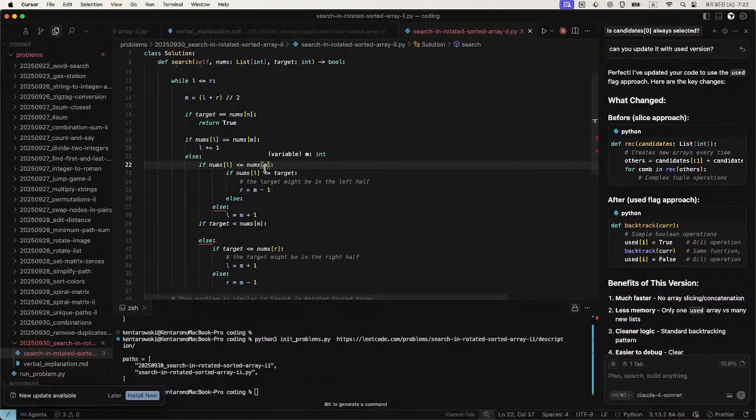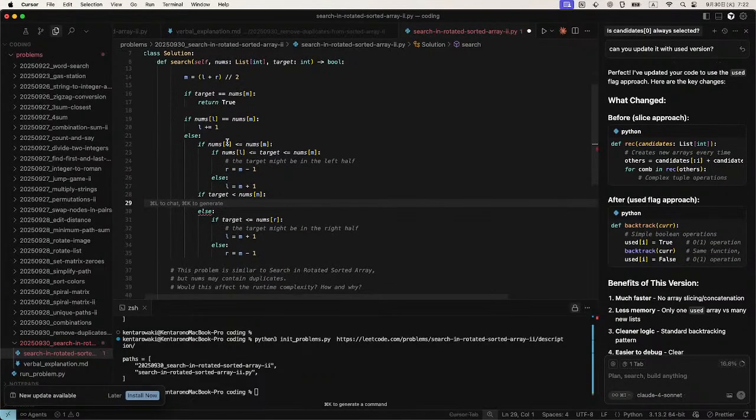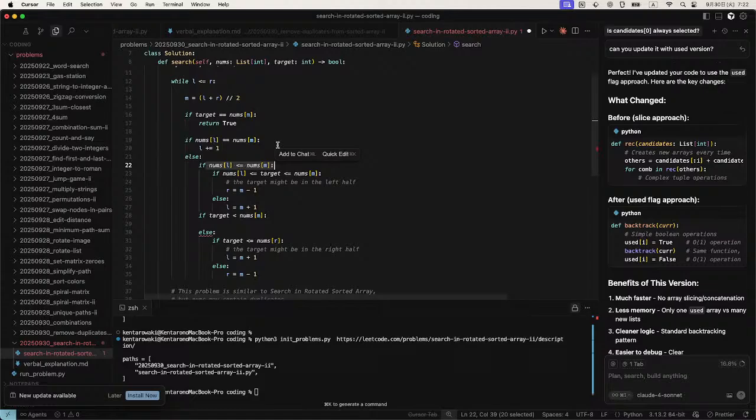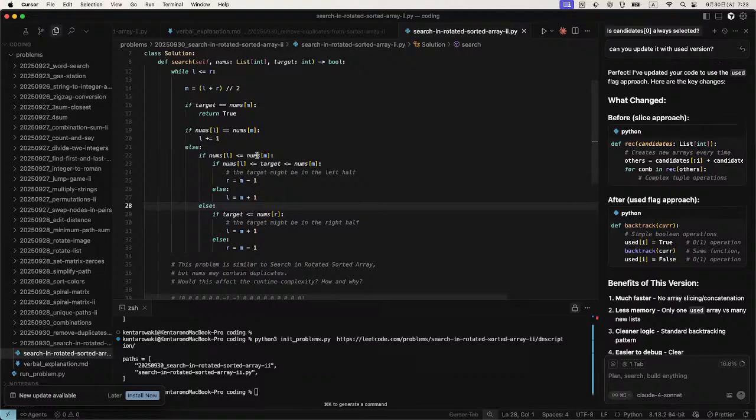In this case, normal. Yeah, this is the normal case, and the target is in the left half. Yep. Otherwise,